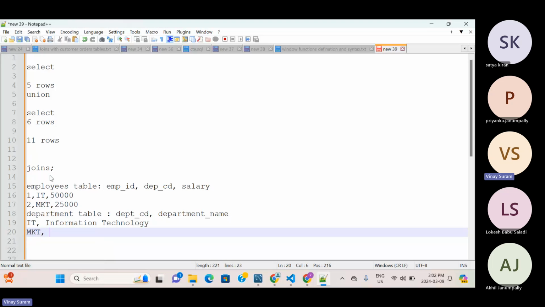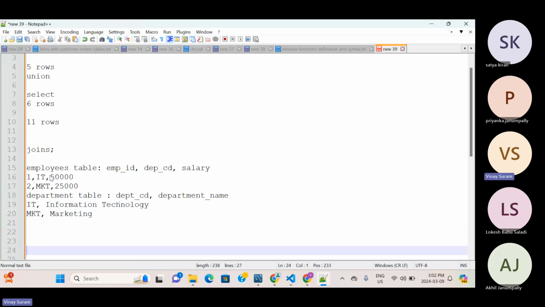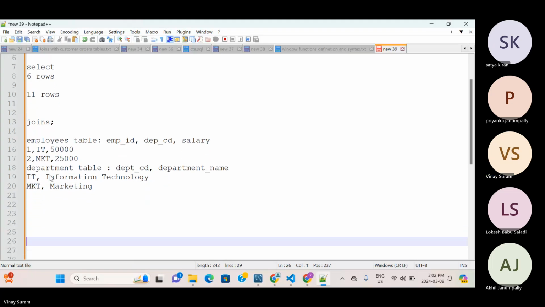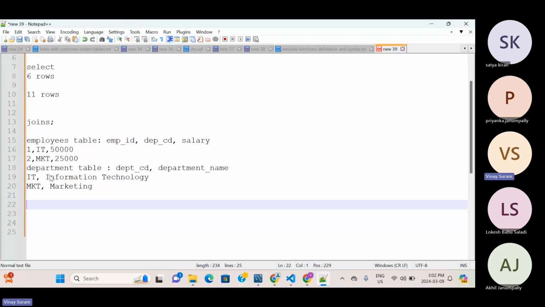And MKT, marketing. So this is how your table looks, right? Now I asked my junior to get the employees list with the departments. So what he does is write select star from